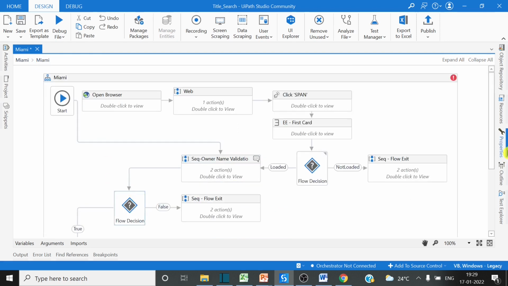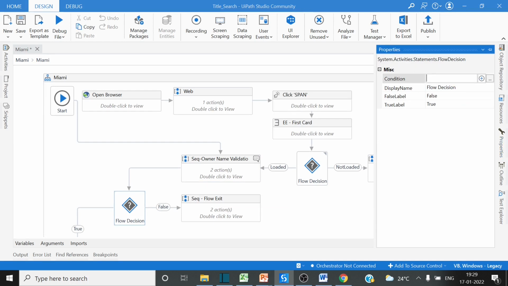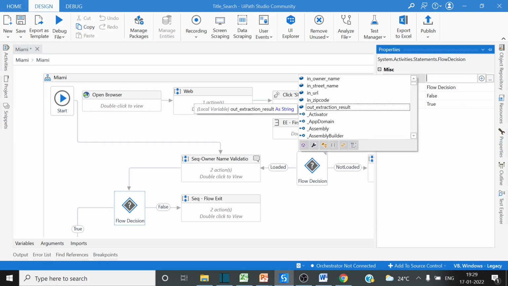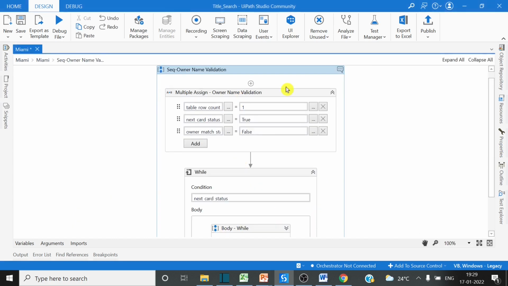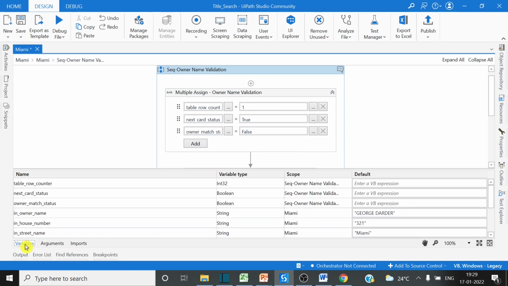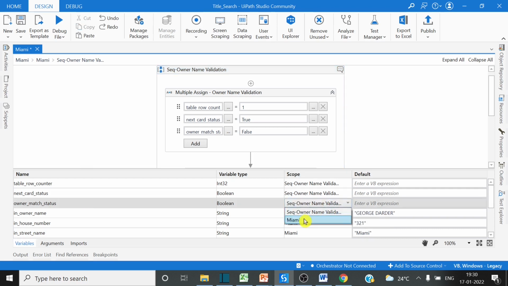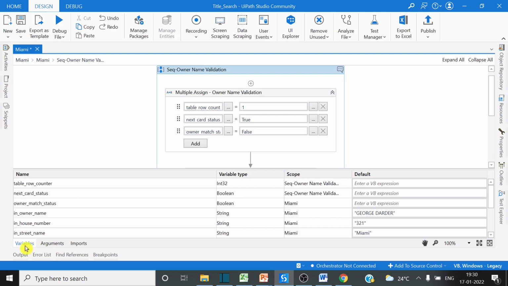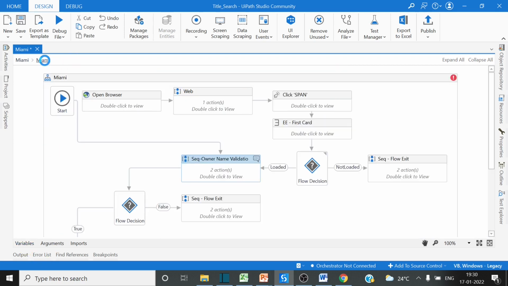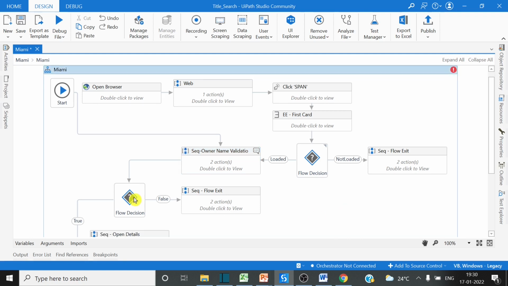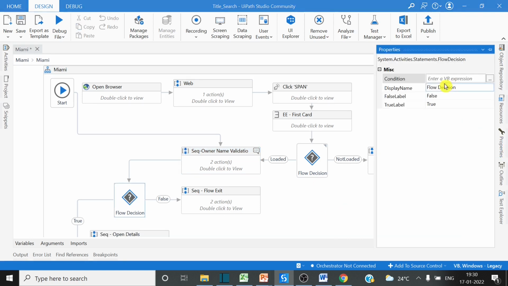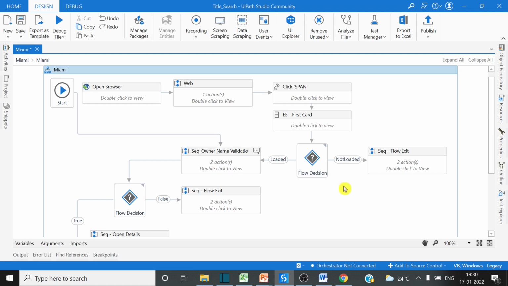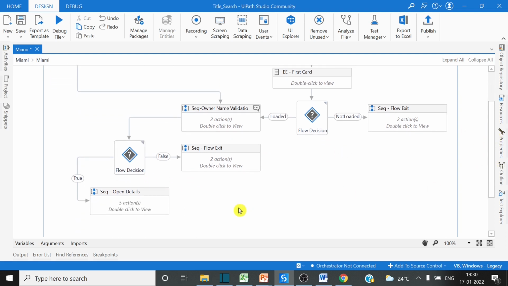So I will pass it here. I think that variable is not accessible outside, so we have to change the accessibility. Owner name match status, come here. We have to make this available for all the activities. Now we will be able to access that. Okay, so if true, then it will come this side. When it has come this side, the next point is